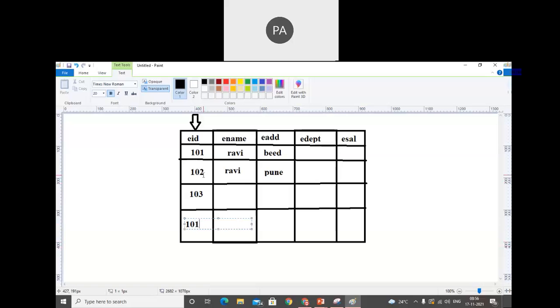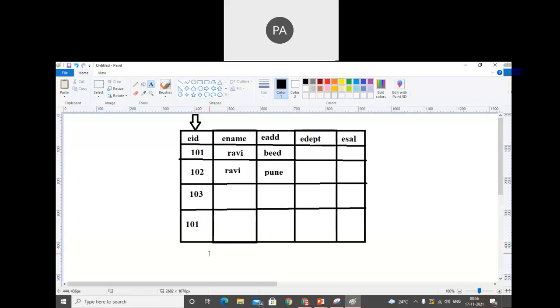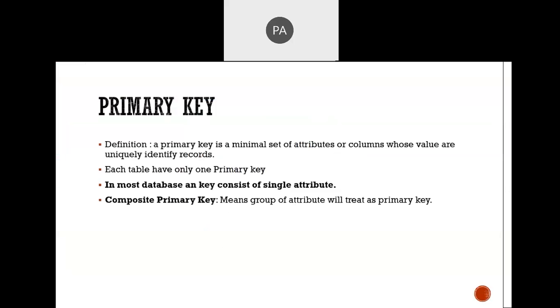For example, I have already entered 101 and in the fourth row I'm trying to insert 101. In that case, the database will give an error because it already indicates that there is a primary key. And once the primary key is in place, we get only uniquely identified records. We do not get duplicate values. This is the most important thing regarding the primary key.